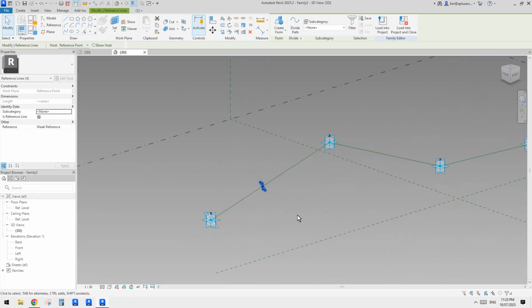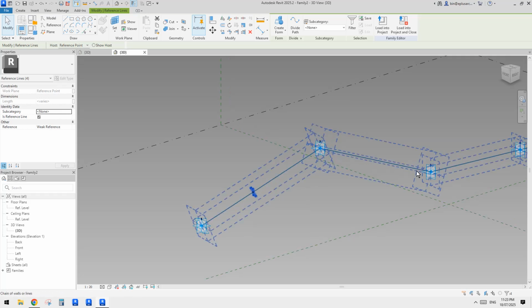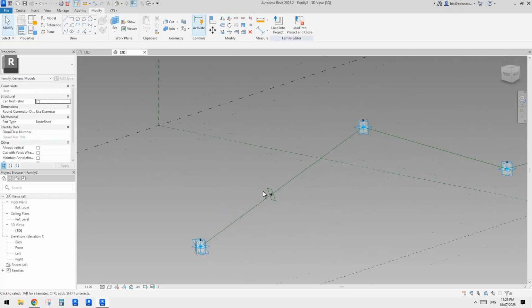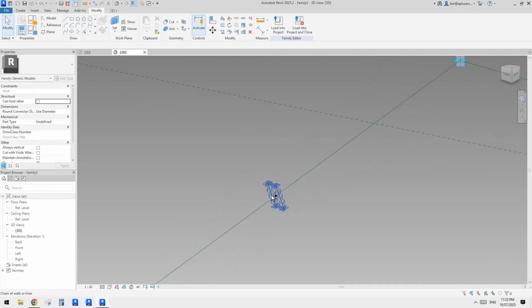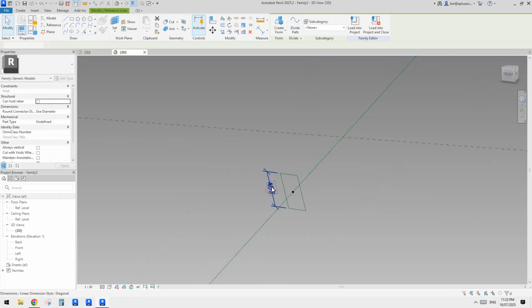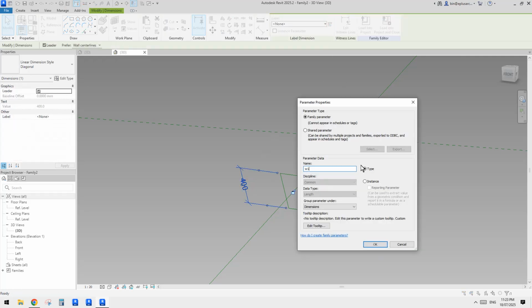And this one, because it's a multi-segment, like multiple lines, we only need one profile for this one, and I'm not going to make it parametric, but if you want to, you can always create a parameter so you can change. So I'll just do it. This will be, I'll just call it W1, maybe type or instance. Let's just use type,